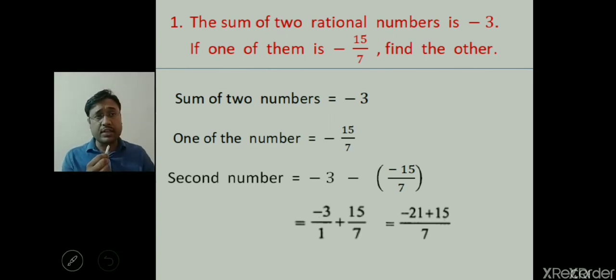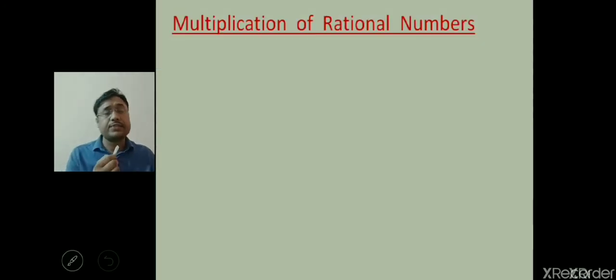You can also convert the fractions into their equivalent form with the same denominator by taking LCM, and then after that you can add. This is also one of the methods. But I am here showing that we will find the LCM and then we will see how many times that LCM comes, when we multiply the denominators of the present number. This method we are trying. So minus 21 plus 15, what we will get here? Minus 6 by 7.